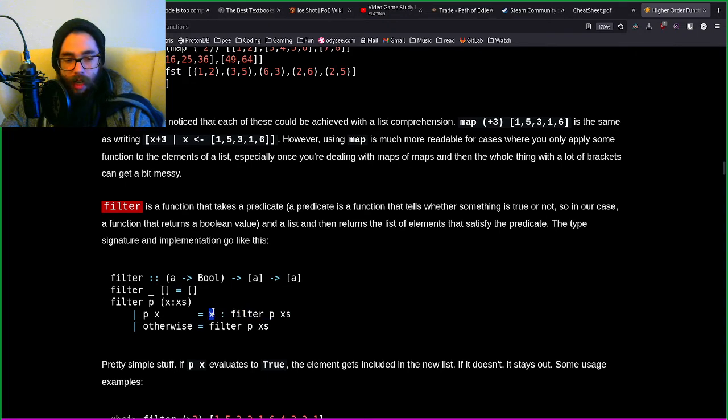Yeah, we put the x into the list. This is just a recursion. And however, if it doesn't fit with our predicate, if we filter it out, we don't add x to the new filter. Well, x is not in the new filter because we only recurse. We'll leave the x behind